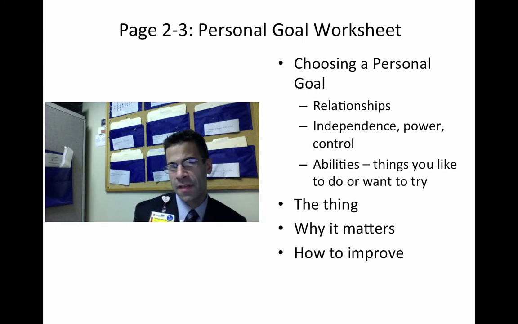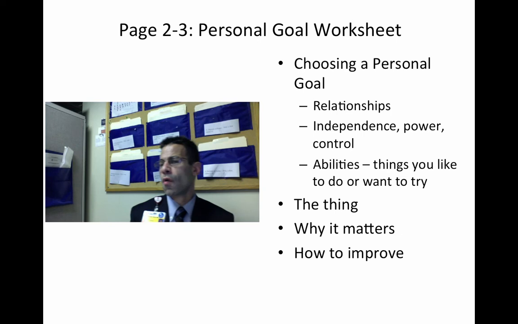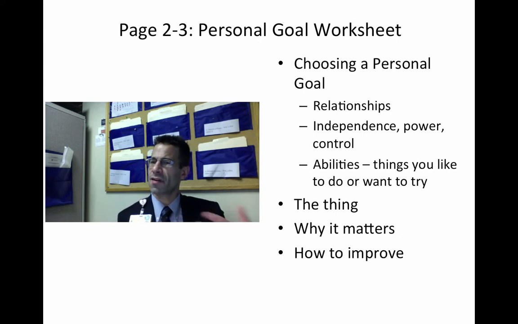The last area is abilities. So what are the things that you do and that you do well, and that you could do better at? Why is that area of your life, that ability, that thing you do, important to you? And is there one thing you could do to become a little bit better at that? Or is there one activity you'd like to start and try this week? You can use as a time frame for these little steps just the week. The next week, is there one little thing you could do? Because that's also the time frame that you'll be offering your follow-up call for.